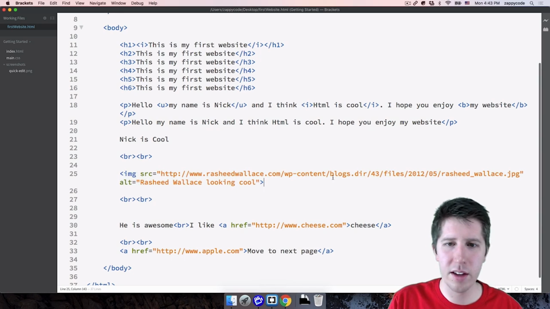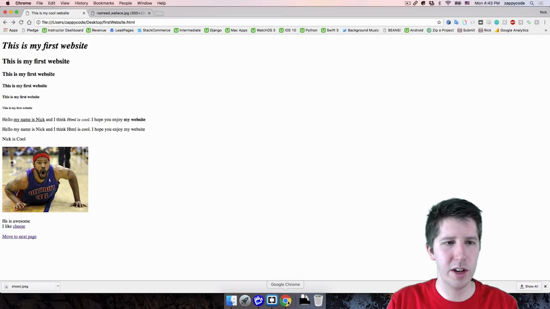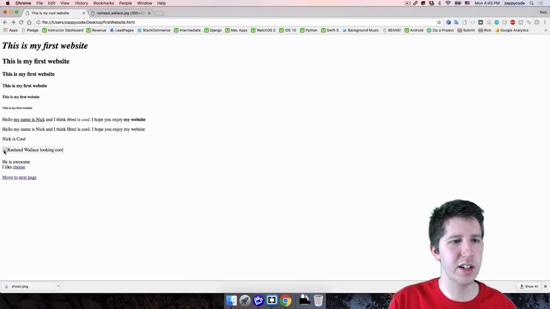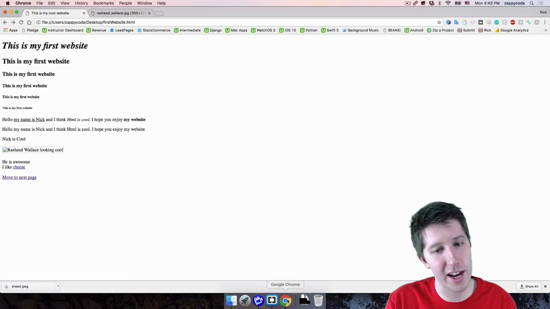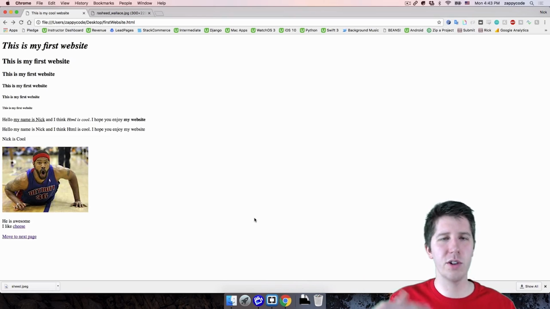For example, if we were off by just a little bit, like I got rid of that underscore, we come back to our homepage here, it's going to have an issue and it won't be able to show the image. It's showing this broken thing saying, hey, we tried to go get this image, but we couldn't go get it. So if you are externally pointing to other images, you've got to make sure that you're always checking up to make sure that those images are at the correct place.